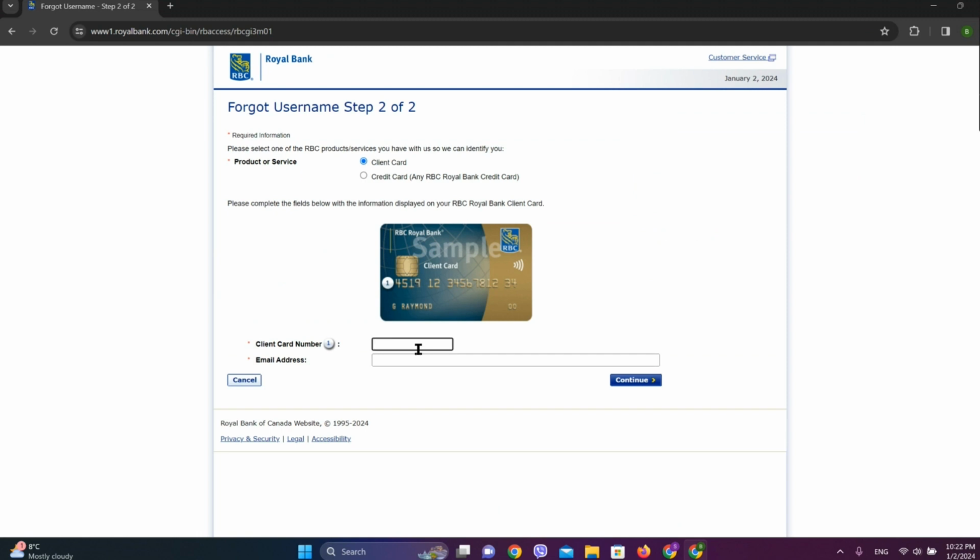Now we need to enter our client card number and email address, after which we'll get a code in our email, after which we can reset our username. So that is all we can do to reset our password or the username in Royal Bank of Canada online